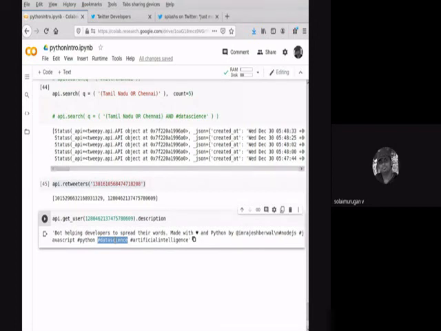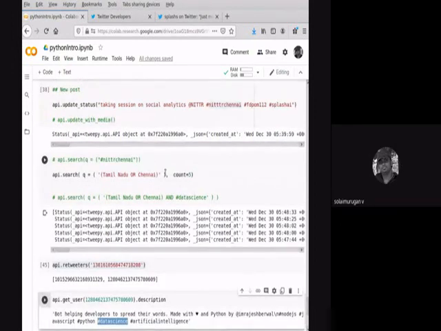We have also seen how to get the data from other users by using the user timeline, a home timeline from our own tweets, and a user timeline for any other users. By using the search function, you can search with some keywords. Three different ways. In this search, a number of functions are available.